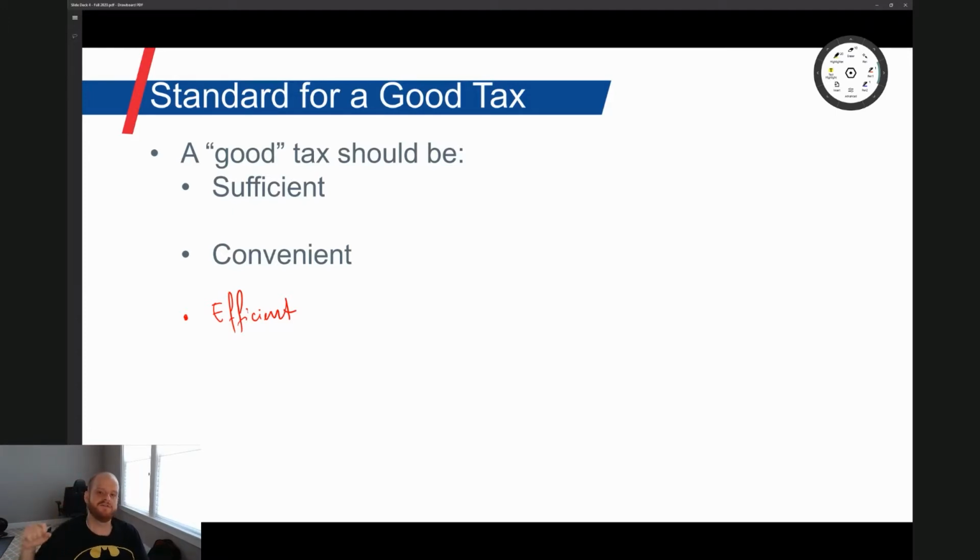Slightly different from the previous two concepts, efficiency is very steeped in economics. And therefore, whether or not you believe a tax is efficient is going to be very much contingent on which school of economic thought you subscribe to, and this is something that we're going to talk about in the next slide. The final property is that a good tax should be fair, and we're also going to talk about this, right? Equity, vertical, horizontal equity when we design a tax. Those are going to be concepts that we get into in this class as well.